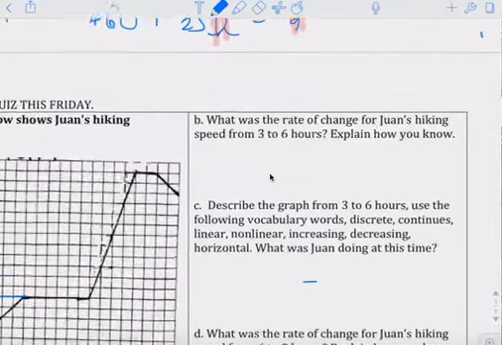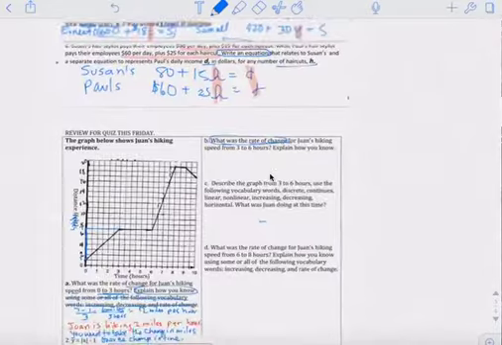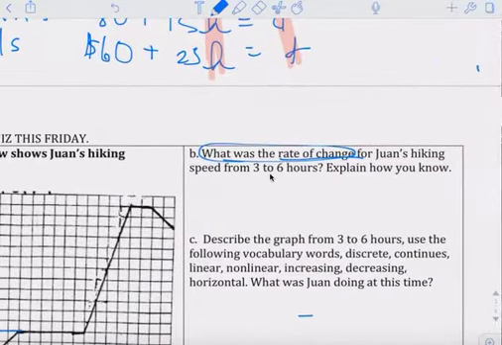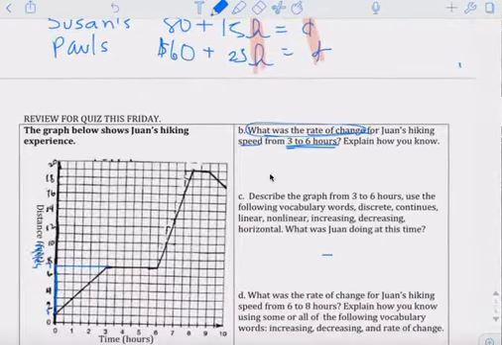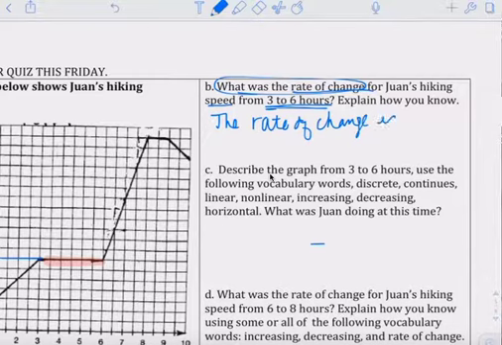Okay, B. What was the rate of change for Juan's hiking speed from 3 to 6 hours? 3 to 6 hours right here. Rate of change is 0. The rate of change is 0 because there's no change between